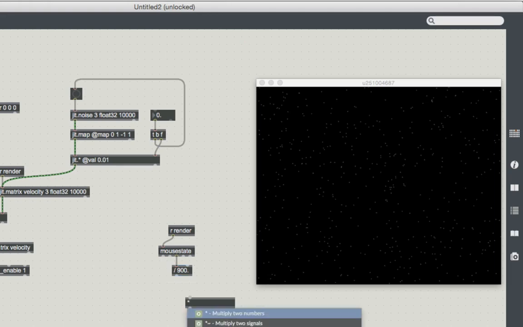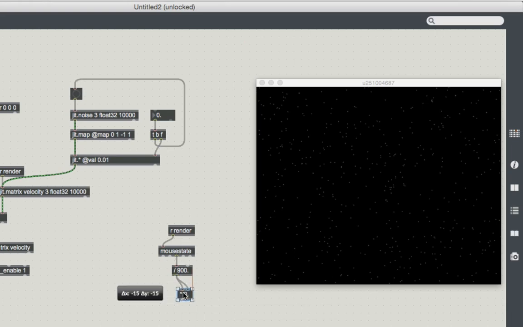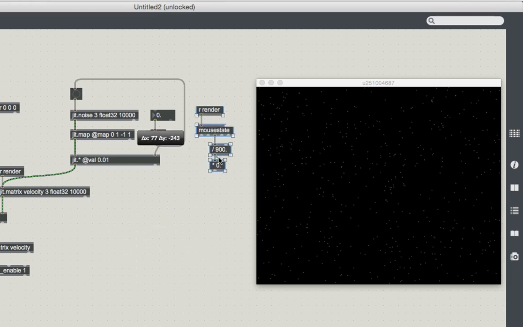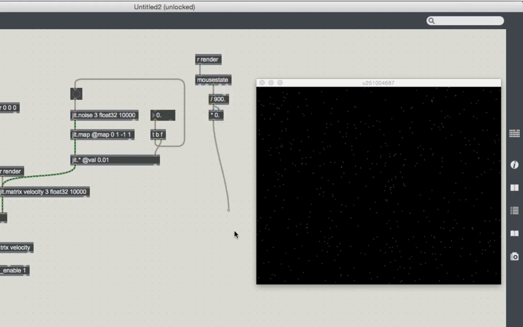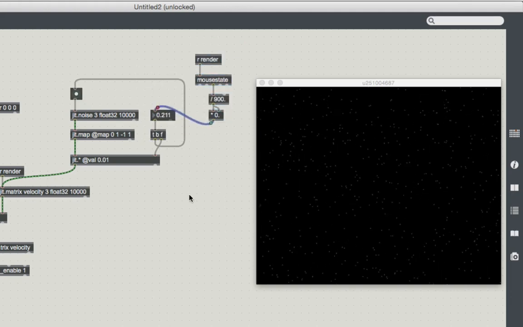And then I'm also going to multiply that by itself, like this. So squaring it. So that way we're kind of making it so that rather than mapping the points linearly, from 0 up to 1, in this way, if we map them according to this second power, it makes it so that we have more expressive range towards the lower end of the scale. So we'll bring that up here and connect that to this. And now let's go,